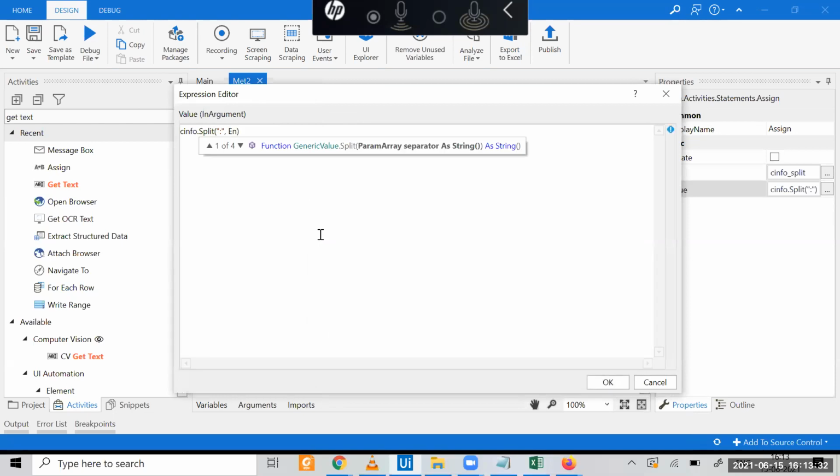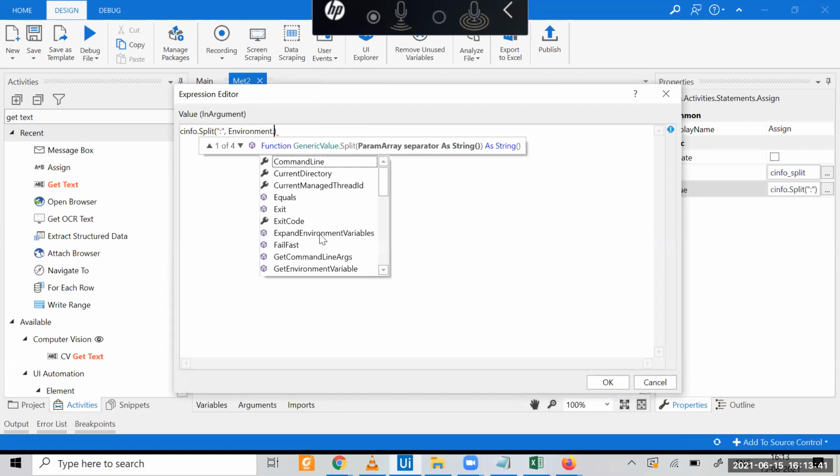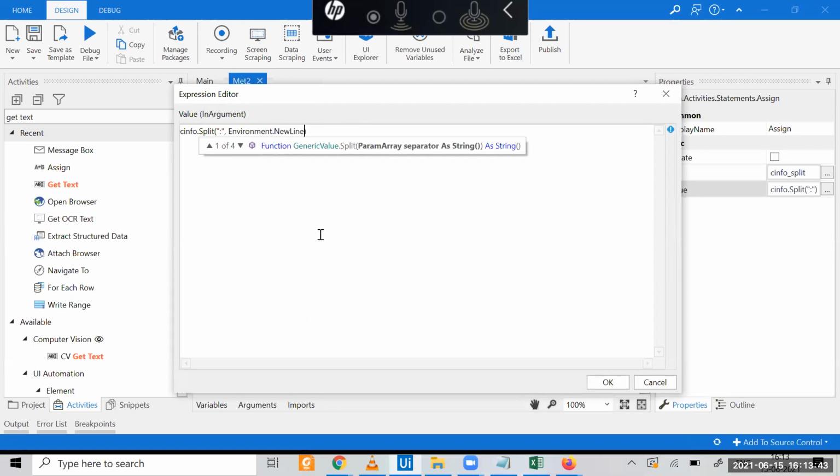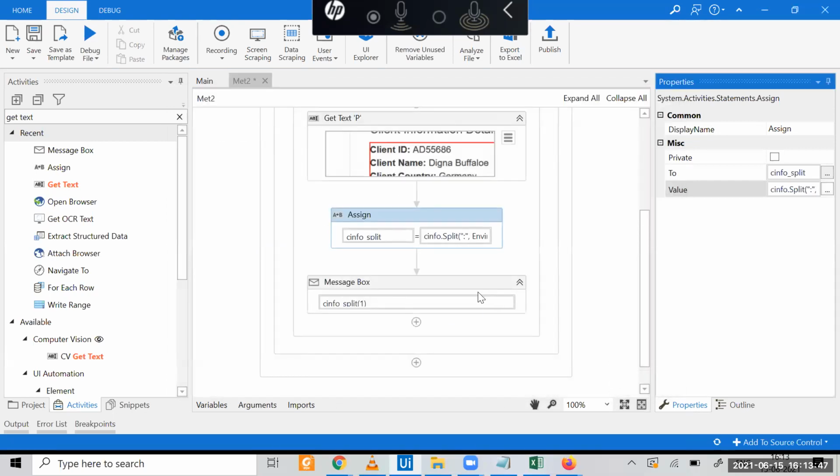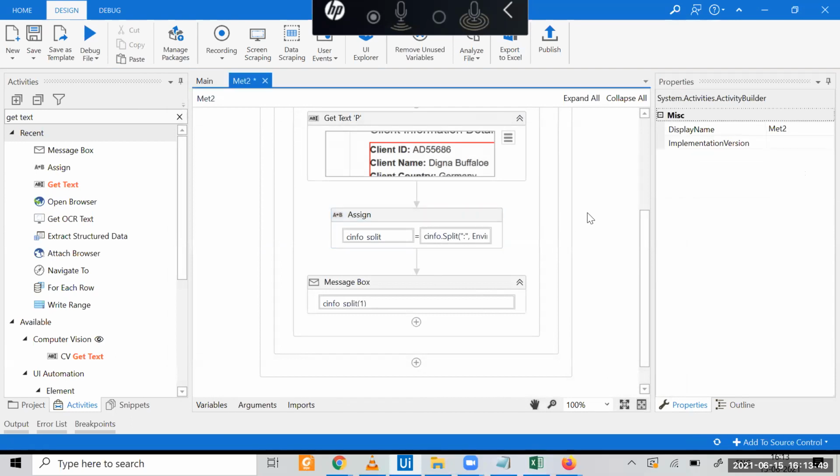It will also split if there is a new line option. Environment dot new line. What does this mean? It is also going to split if there is a new line. Understand? So let's see.